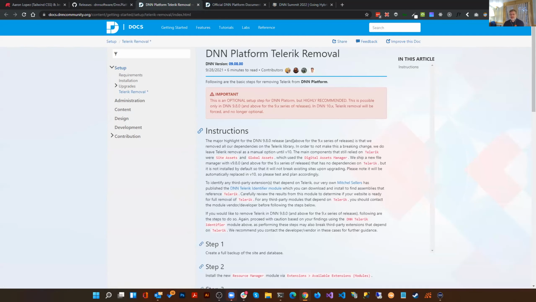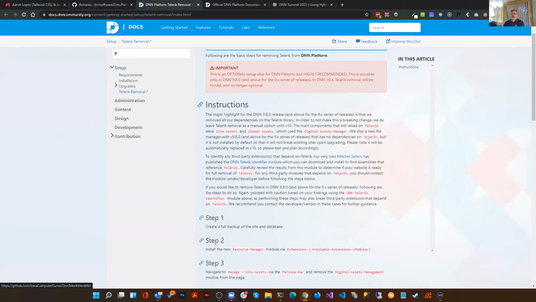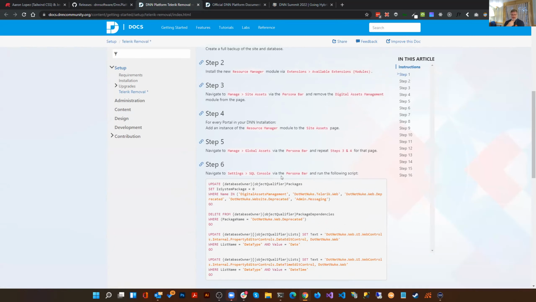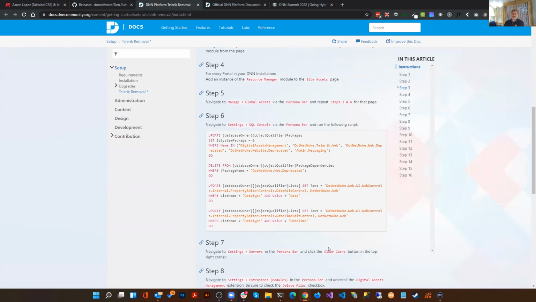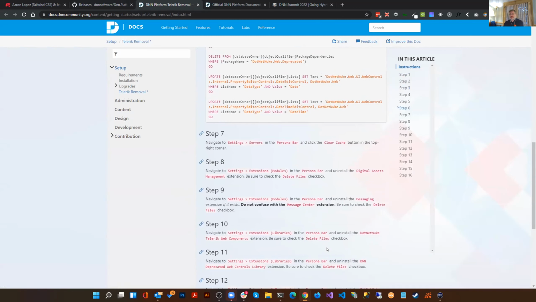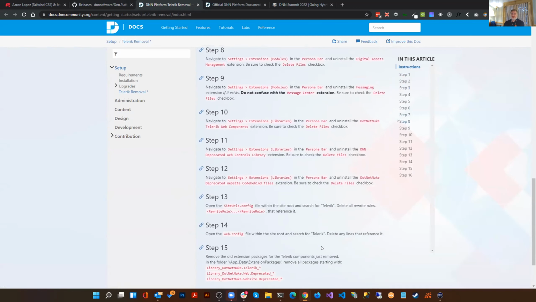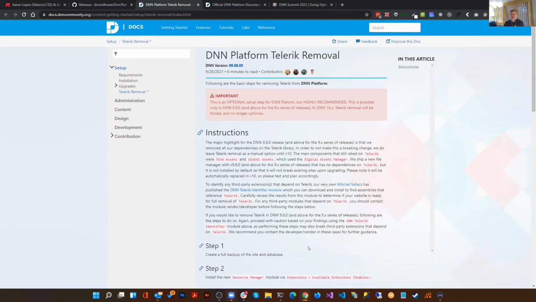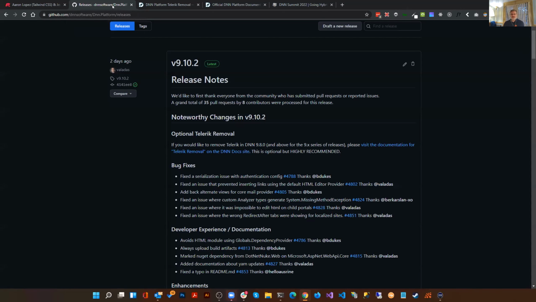And for the most part, many of the third-party module vendors have already updated their modules to remove Telerik dependencies. I have been impressed, surprised by the number of times that I check on a site that I bring up to DNN 9.9 or 9.10, and I start doing the check just to see. I'm not ready to remove Telerik on them yet, but I check, and there aren't any more Telerik dependencies in those sites, even though they have a collection of third-party modules installed. So for the most part, it's looking really good. It won't be a major headache if you do a little bit of preparation and are ready for it.